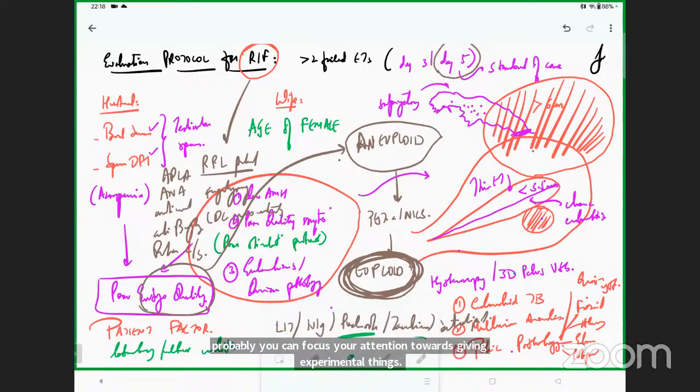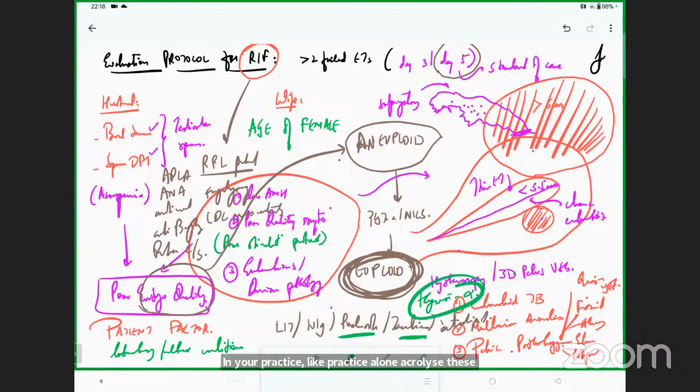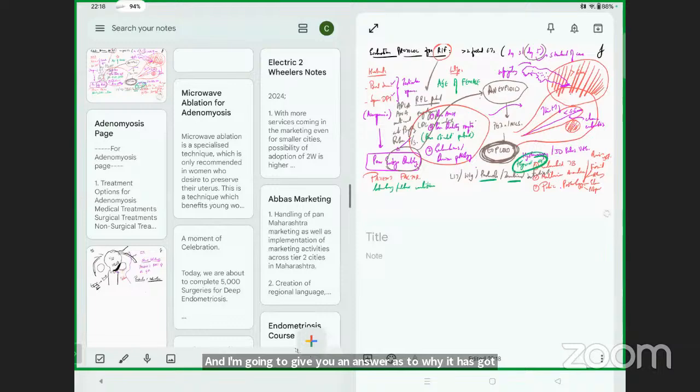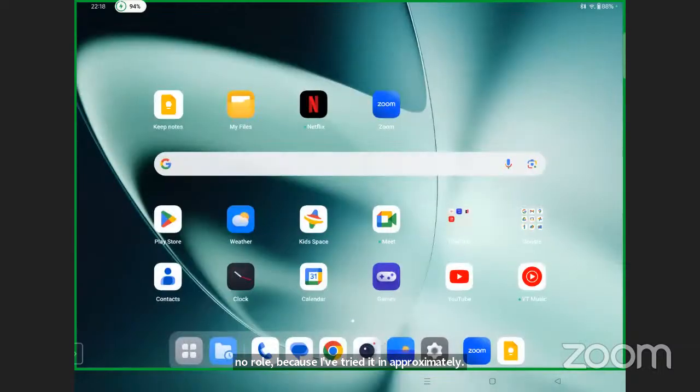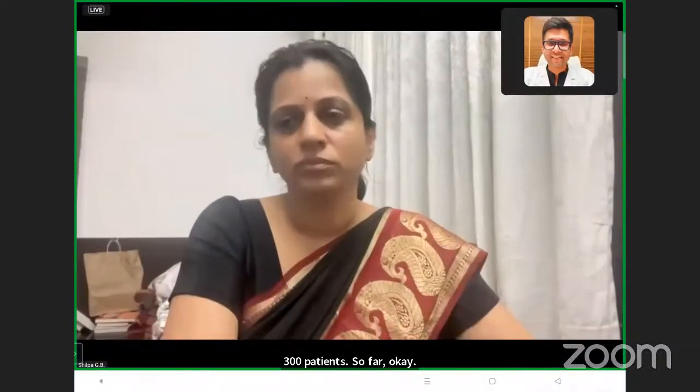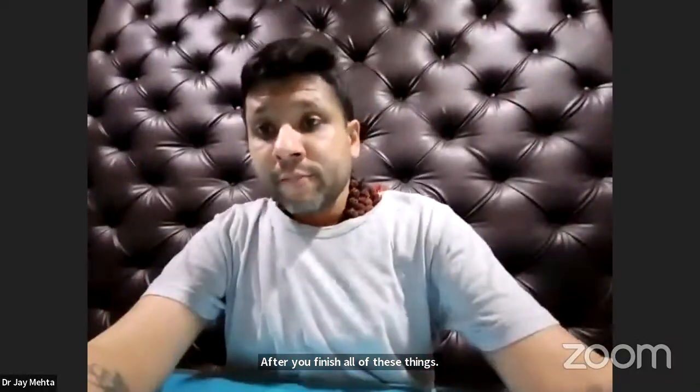like prednisolone, tacrolimus. These days, some people are also experimenting with thymosin alpha, which again has no role. I'm going to give you an answer as to why it has no role, because I have tried it in approximately 300 patients so far. Okay. So after you finish all of these things, that is when it should come to your mind that,